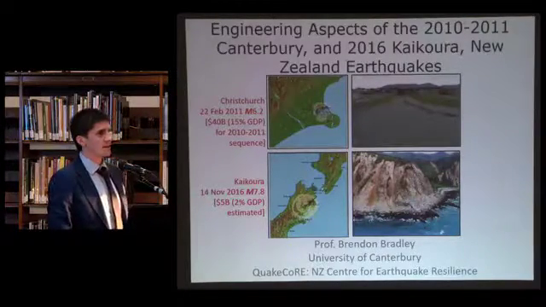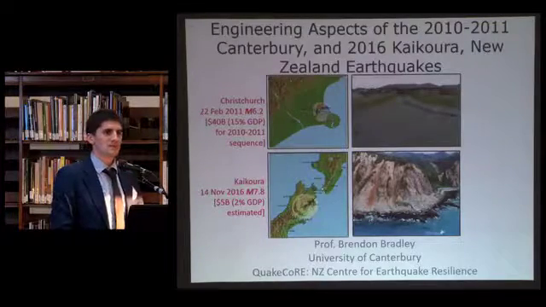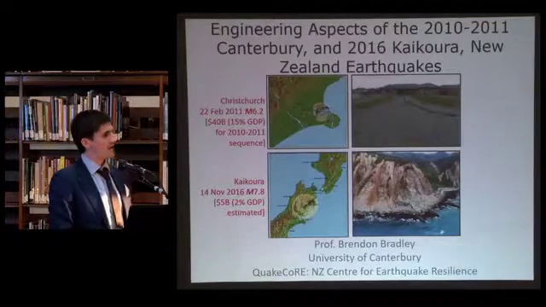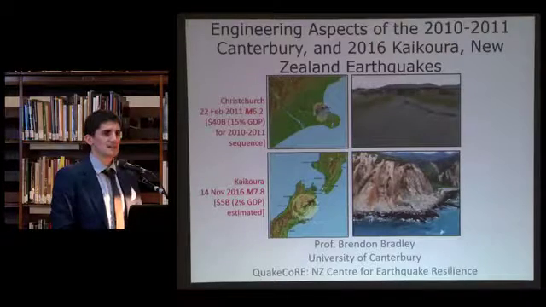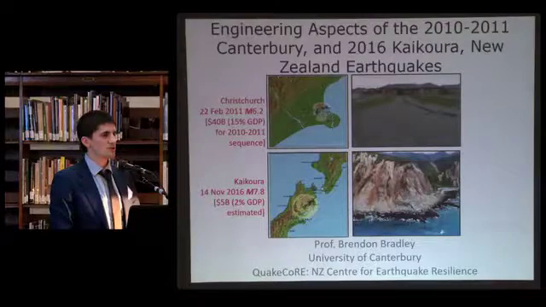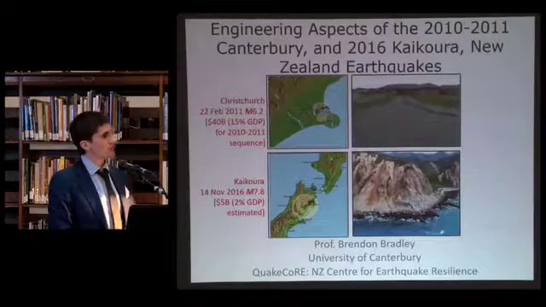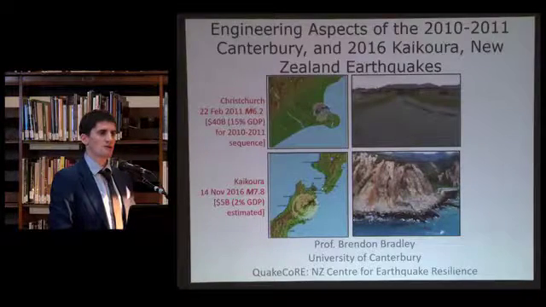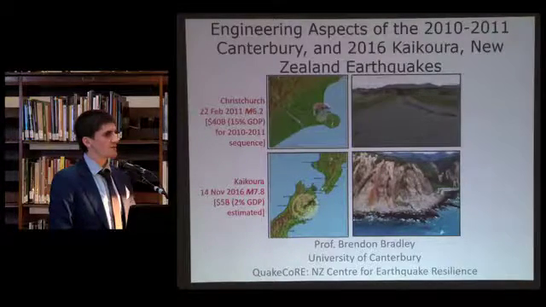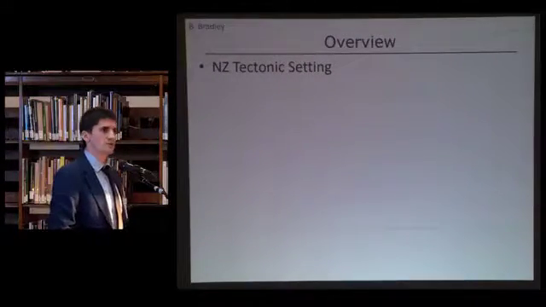So I've got the somewhat Herculean task of giving enough of an introduction in this first 25 minutes that John and Alan and Tom can then talk in a little bit more detail about some of the aspects. And so, as Sissy mentioned, while most of the lessons that we've learned that we'll try and share with you today are from the earthquakes in 2010 and 2011 in the Christchurch region, in November last year there was, of course, the Kaikoura earthquake as well. And I think differentiating between those two is really nice because there's a few clear distinctions, and I'll try and touch on those in terms of lessons and how they might apply to the New York and Northeast area as well. So the talk I'll give will really be based around two main parts.